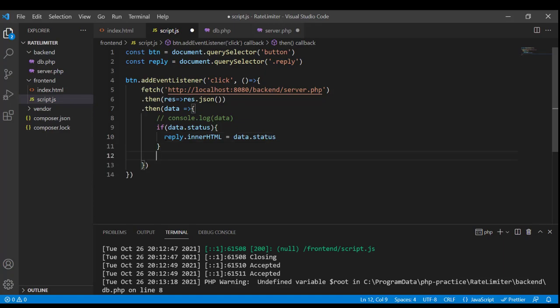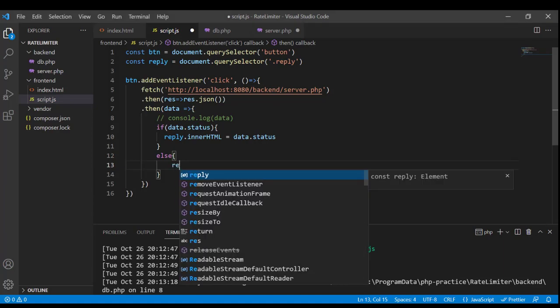If there is no status element present, that means we have actually got the data from the database, and each row has actor ID, first name and last name. So first of all, we are going to erase whatever this reply div currently has. Then we are going to create different paragraphs. Each paragraph is going to represent one row, and we are going to keep on appending those paragraph elements to the reply div. So else, the first thing that we have to do is make sure that, so we are